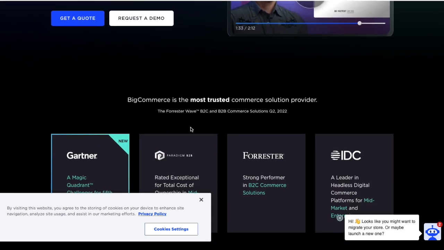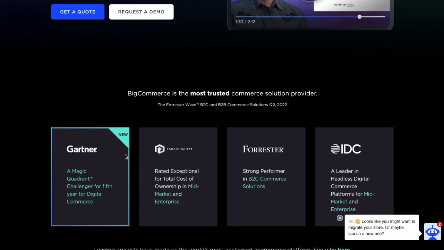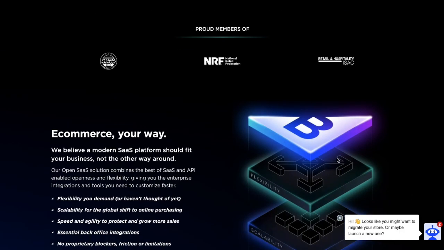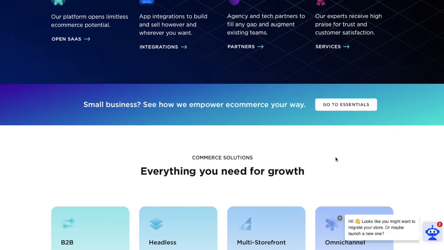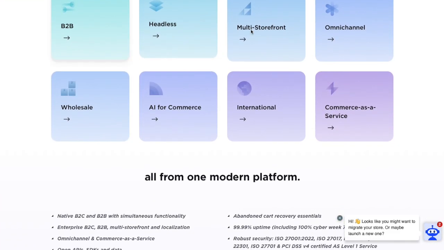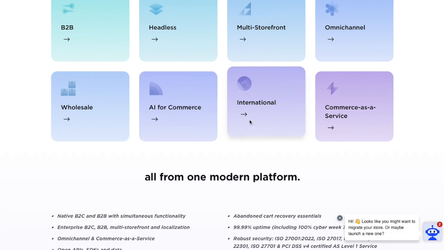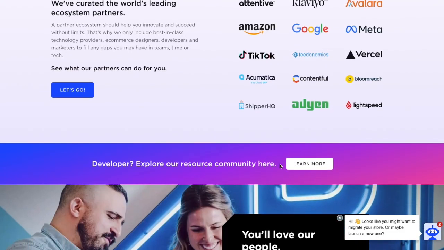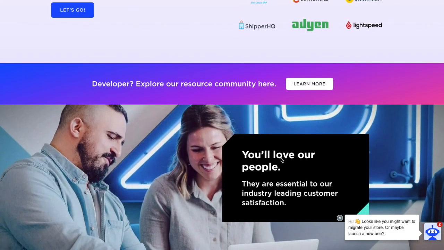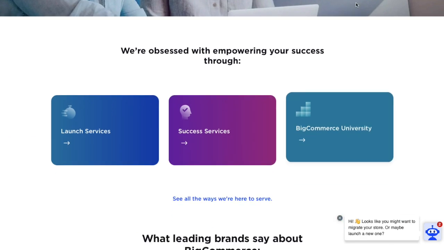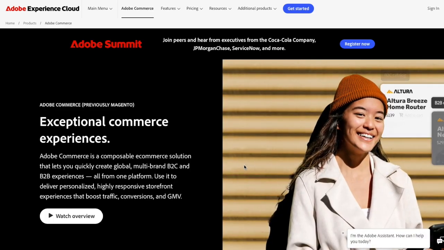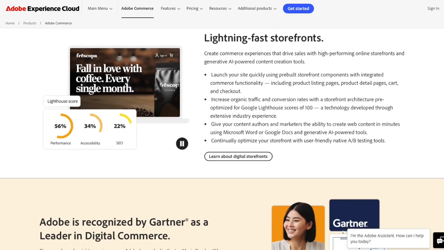Then we move into e-commerce, where you're going to actually be selling things online. Sites that do that and do it well are Shopify, BigCommerce, Magento, which was purchased by Adobe, HubSpot, and Squarespace also fits in there. Wix also fits in there. They do a lot of good e-commerce type things.